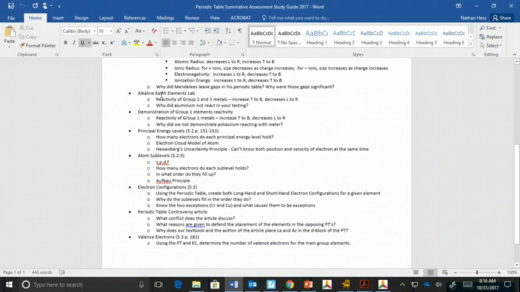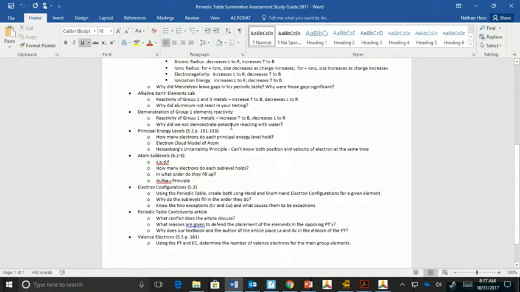Our alkaline earth elements lab, our reactivity, group 2 and 3, right? As you move down, it gets more reactive. As I move to the right, they get less active, just like in the demonstration that we did with the group 1 elements in class. And aluminum did not react in our testing because, maybe I should leave you hanging with this one since we're doing the lab today, but it didn't react because it is not as reactive as the other ones. It did not meet the criteria to react with the pieces that we had.